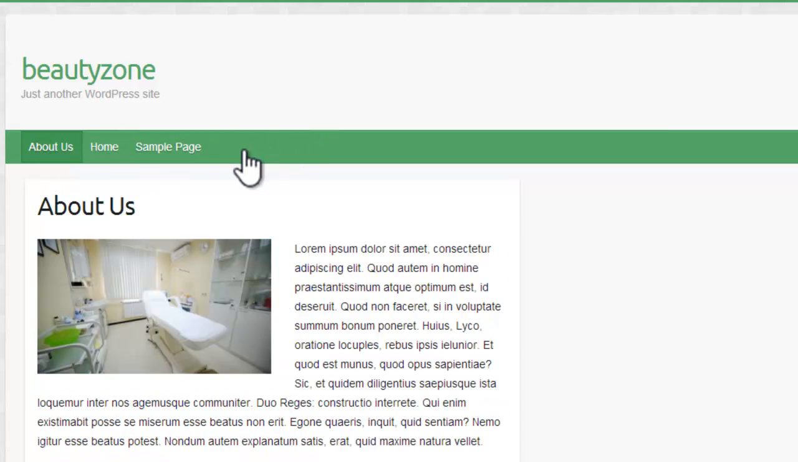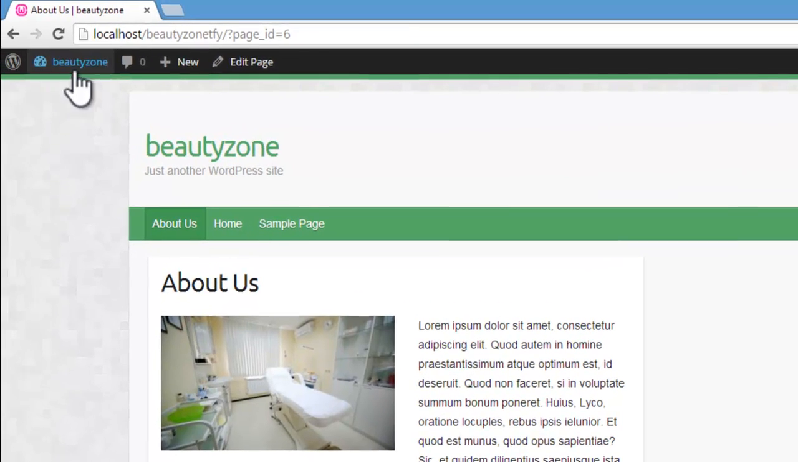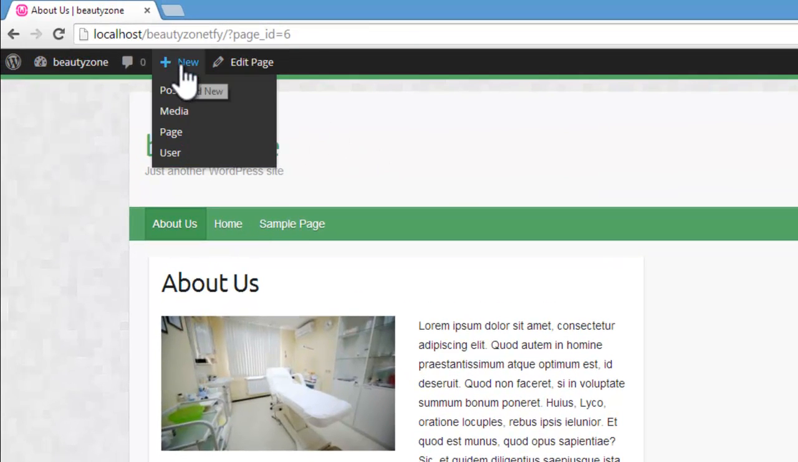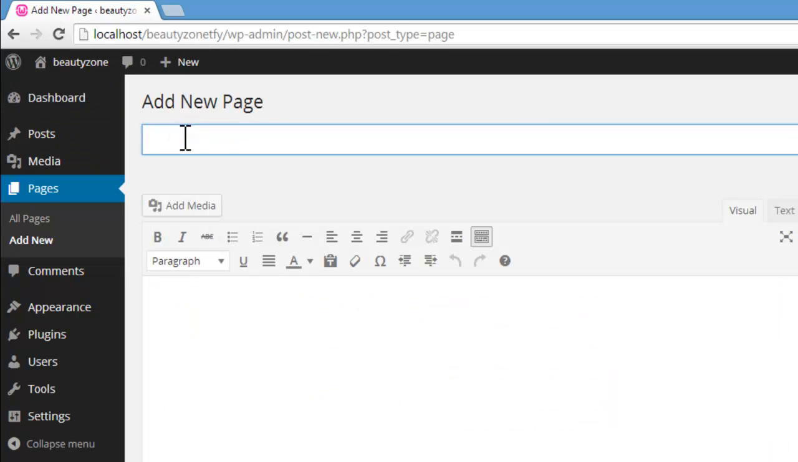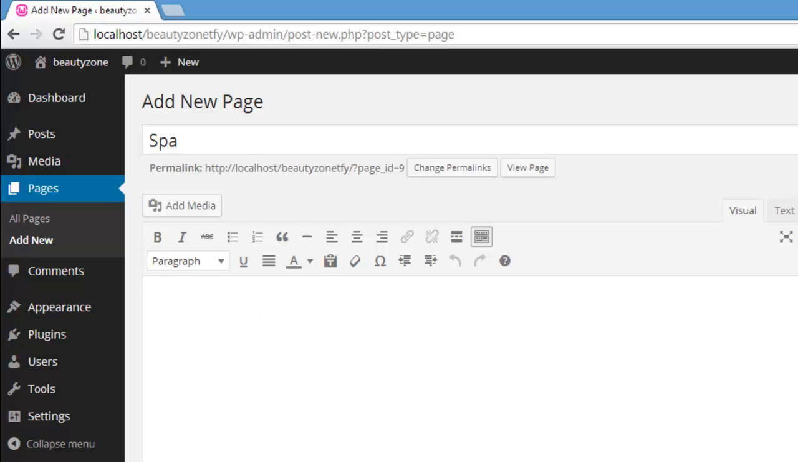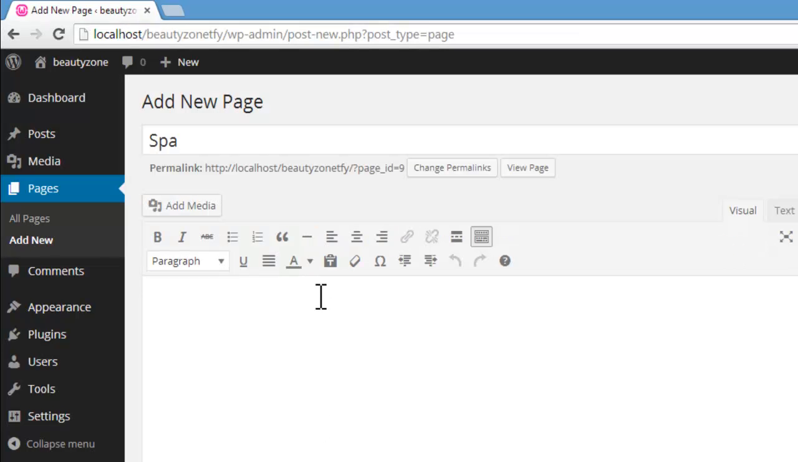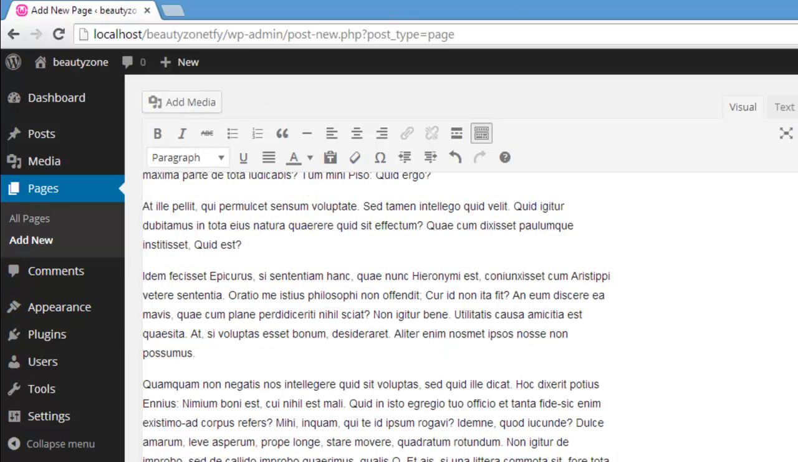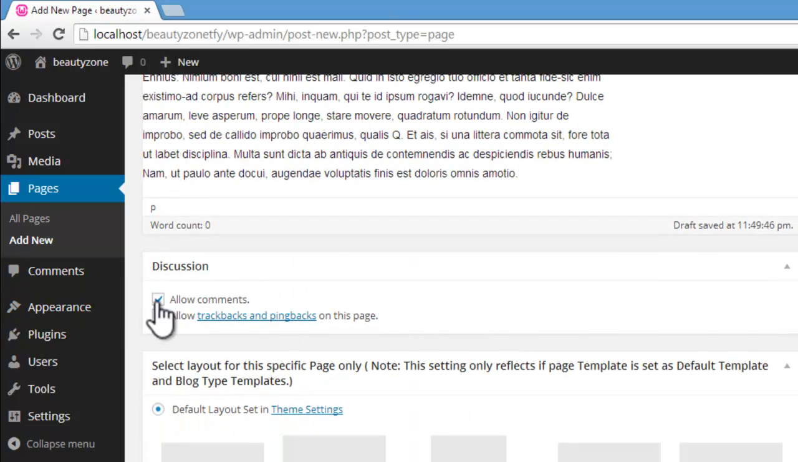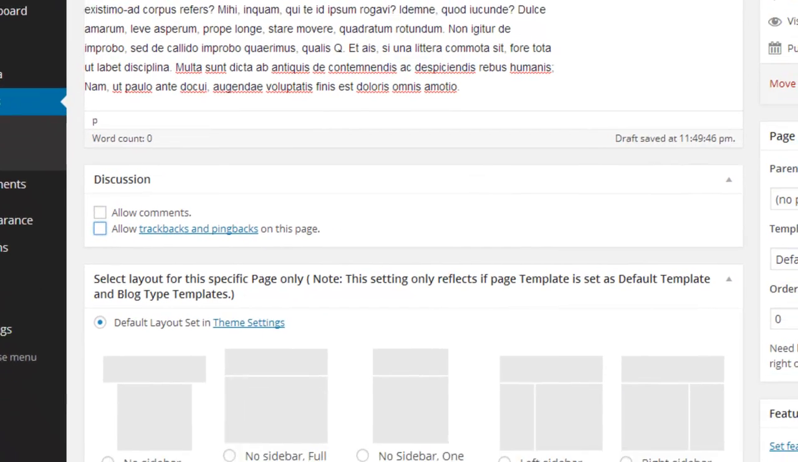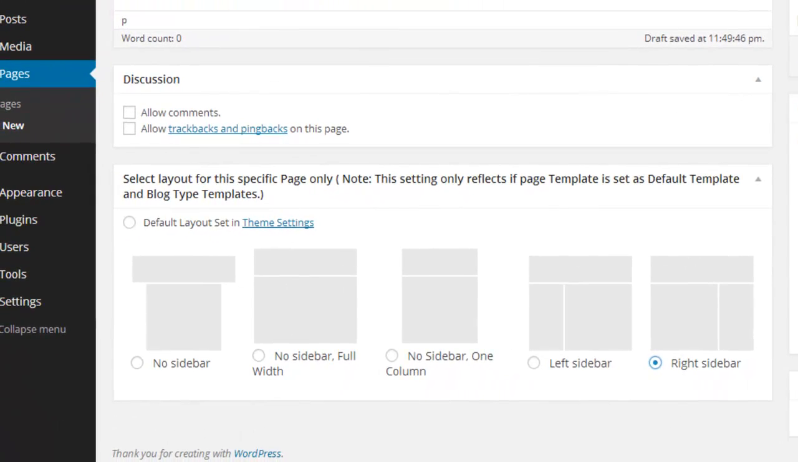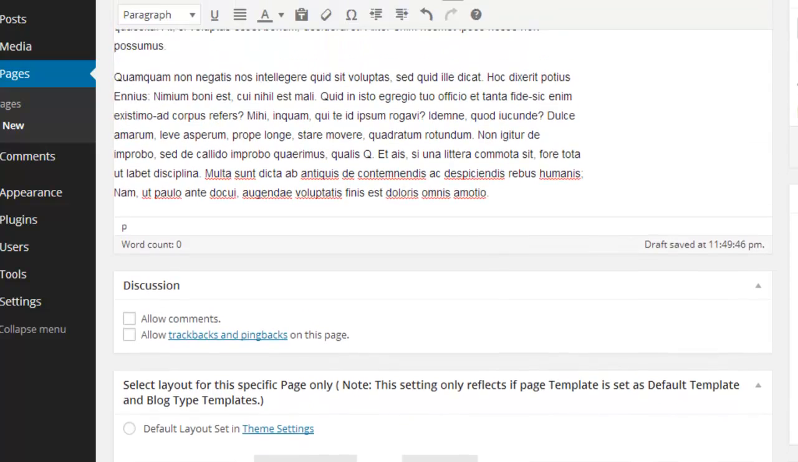Now let's add a few more pages related to services. Simply I can click here on the plus icon, click on the page. Now the next page I want to insert is spa. Again I will have some dummy content and scroll down, turn off these comments and trackbacks, select the preferable layout, then